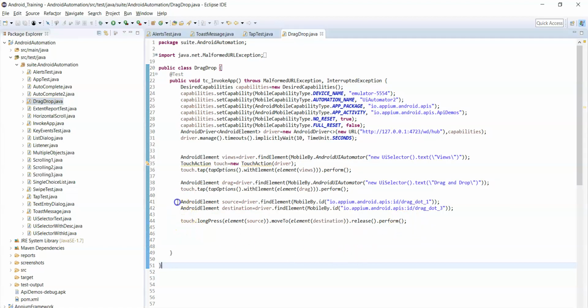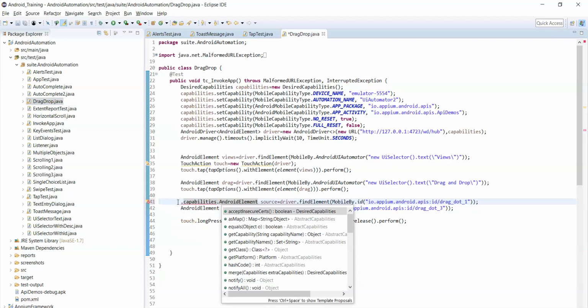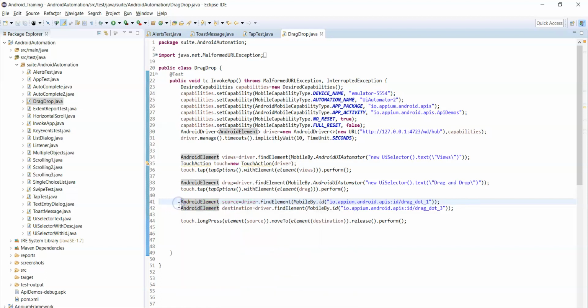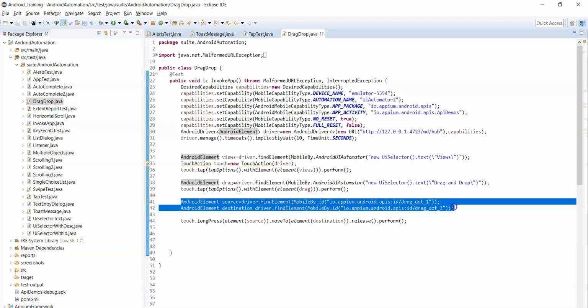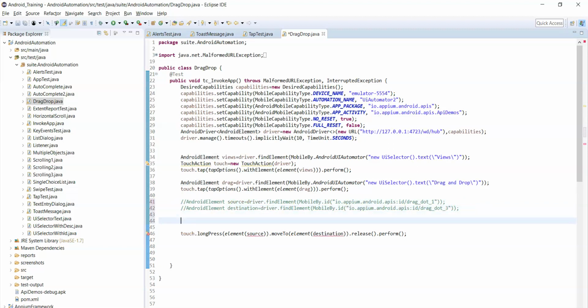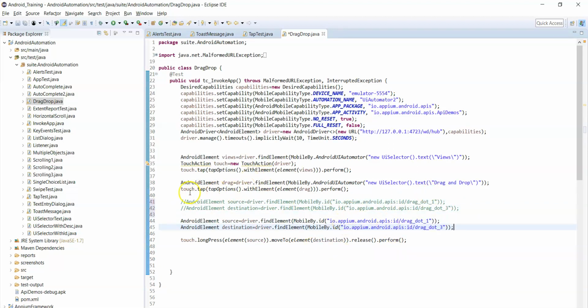Now let's use UI selector class with the text attribute value or resource ID values. Let's see whether it is dragging slowly or a little bit faster. Comment these two statements and use MobileBy dot android UI automator.